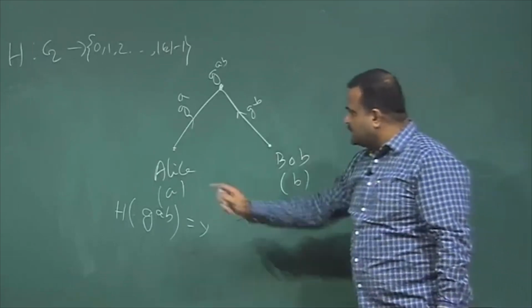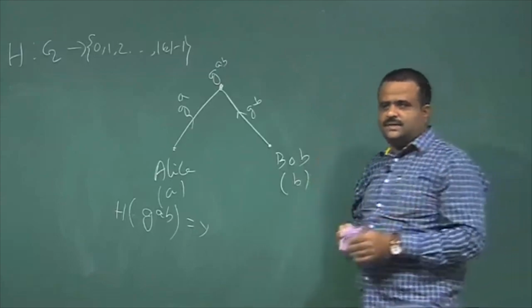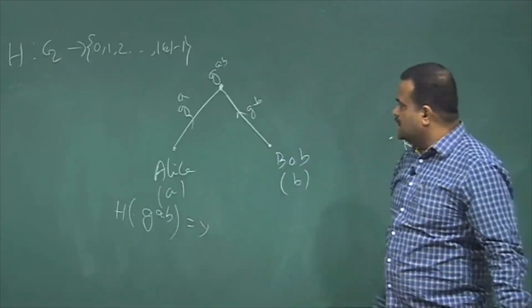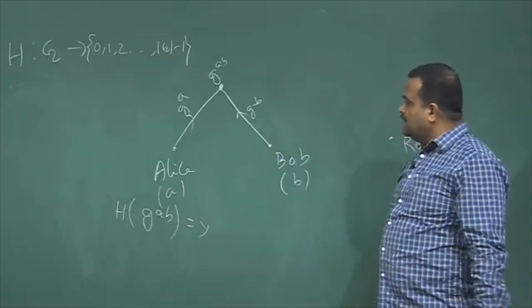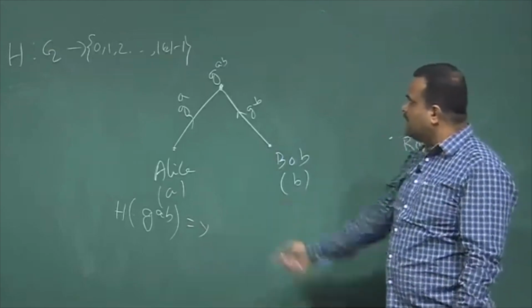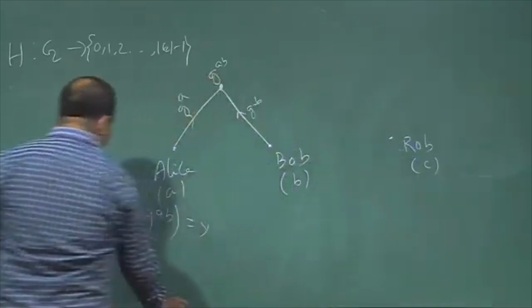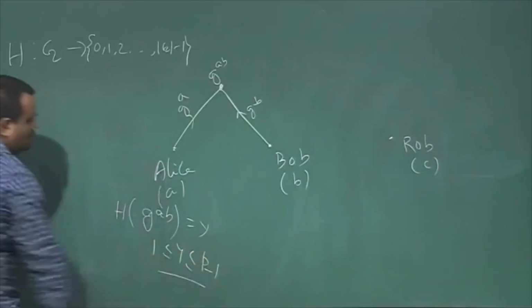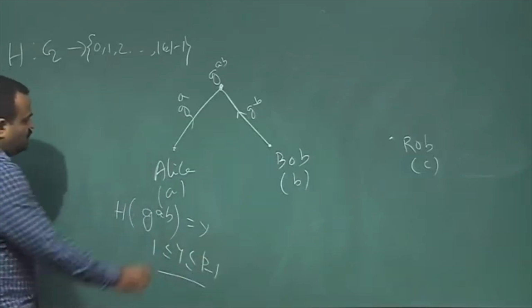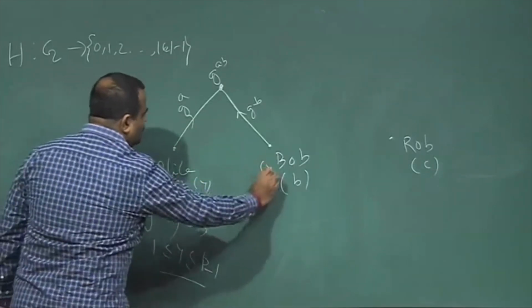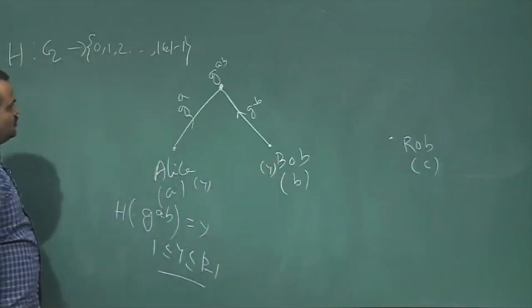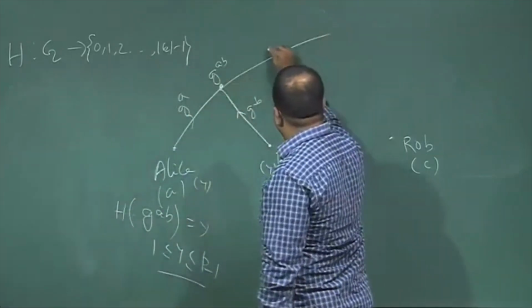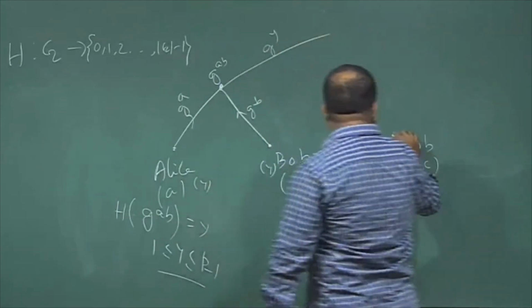So, if we apply this hash function, which is a digest function, on this, it will give us y. So, y is now p minus 1. So, now we can use y as an index. Now this y is shared between these two parties, y is known to these two parties. Now, we can compute g to the power y and send it over the public channel, and then Rob